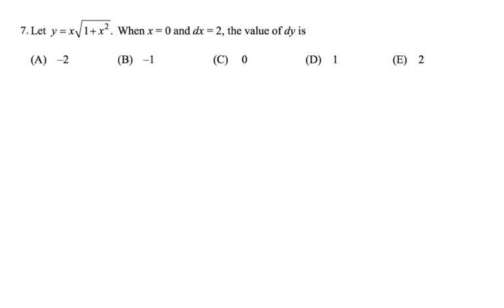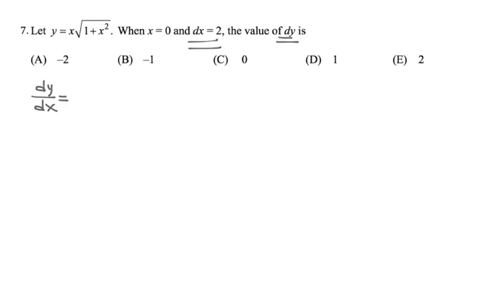Let y equal x times the square root of 1 plus x squared. Here we have to use the product rule, and what we are looking for is dy. Dy you can simply think of as a small change of y value, while the change of x value is 2. In one way, it's like a slope. So here, first find the derivative, dy over dx